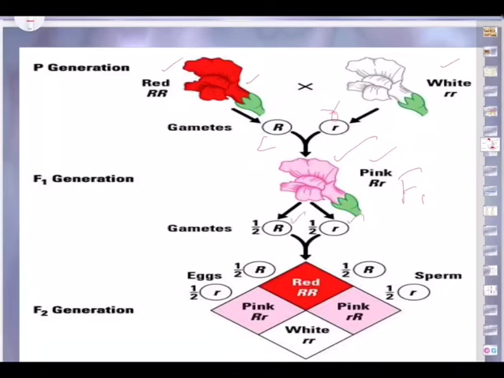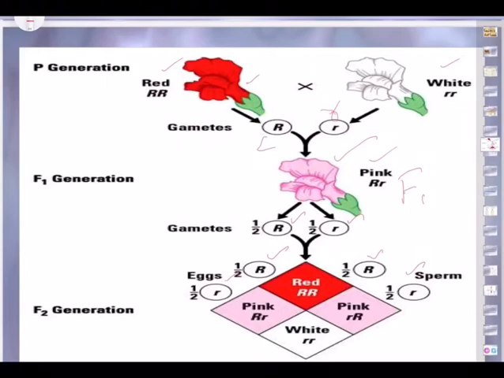Law of segregation, the genes are getting separated. The pink flower exhibits a pink color because of the presence of capital R, small r. Now when it produces seeds, the gametes follow the law of segregation, wherein the genes get segregated into capital R, small r. Since we are doing self-pollination, in one flower such seeds, in another similar seeds, capital R, small r. So F2 generation can be better understood, as I said, through Punnett square.